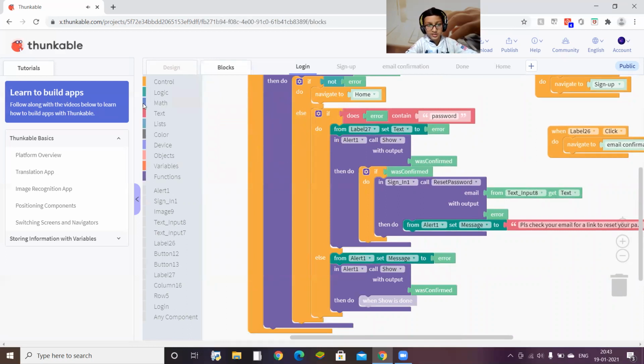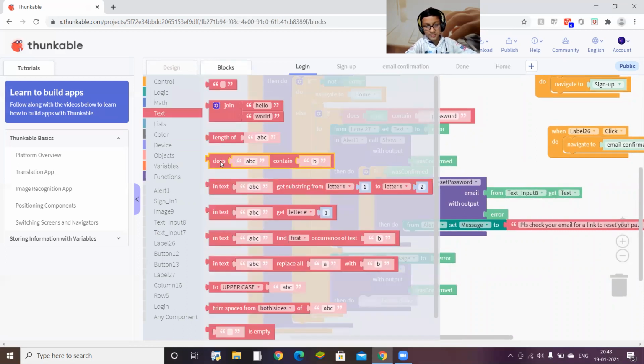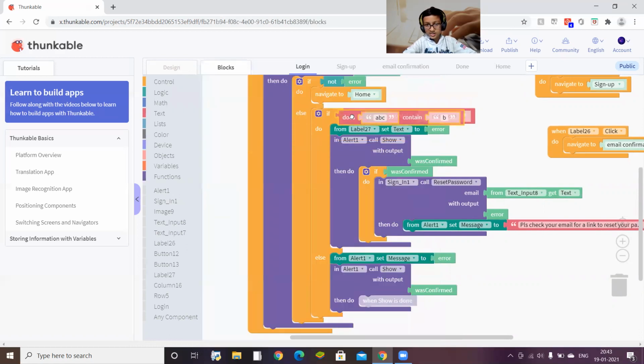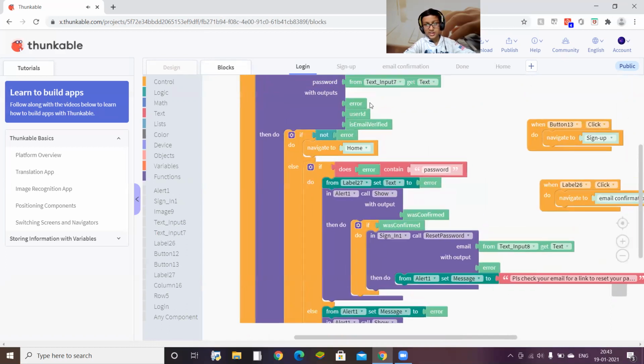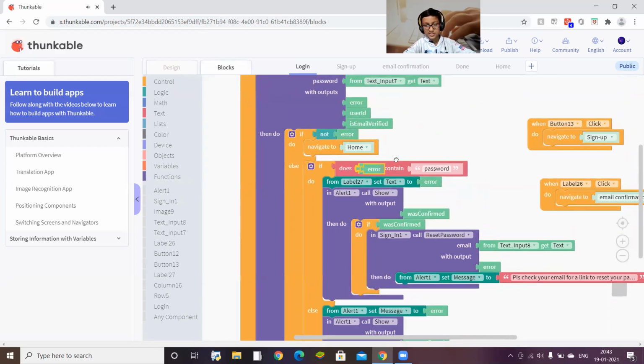I have showed you this in the password generator. You have to take error from this portion and paste it here. If error contains password, if there is password error, then set label 27 text to error and alert. We have set one alert box.